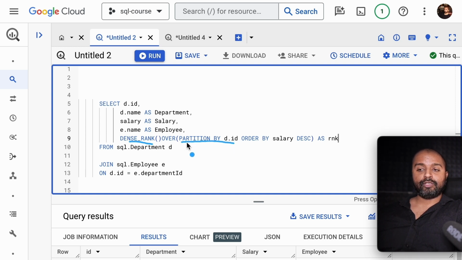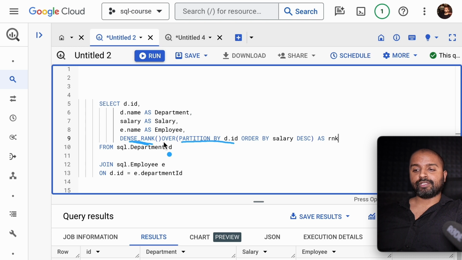Now, at this point, you should be familiar with all these window functions. If you're not, here's a quick summary on it. So dense rank is the aggregate function we are using. This is similar to sum or count or average or mean. All these functions are aggregate functions. And similarly, dense rank is the one which is available within BigQuery and most of the SQL databases as well,